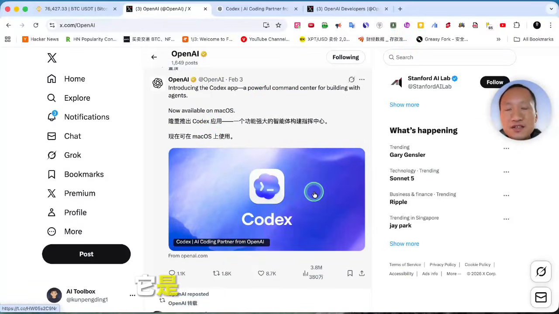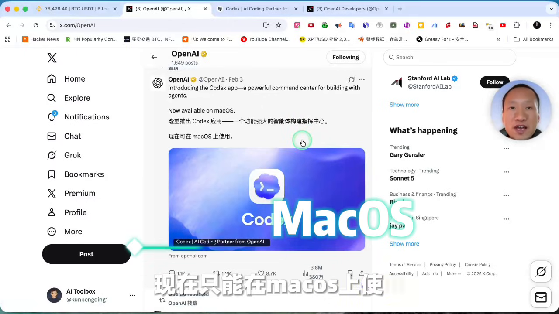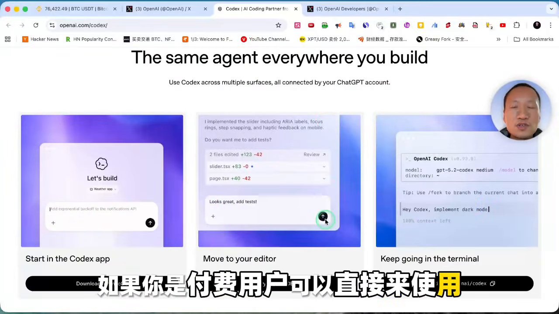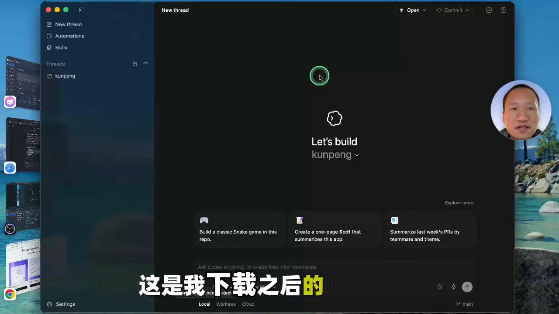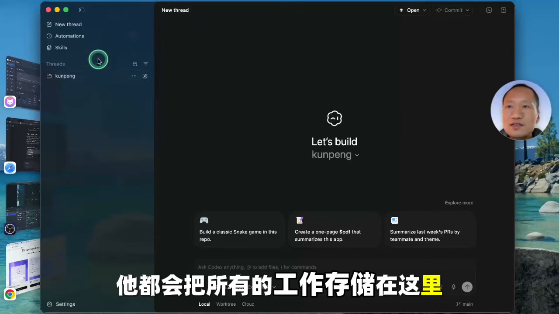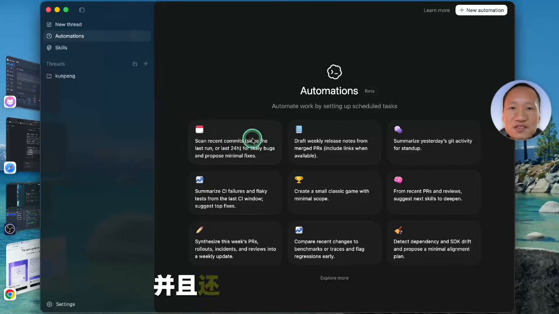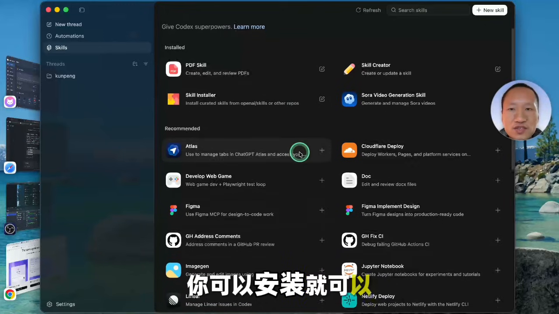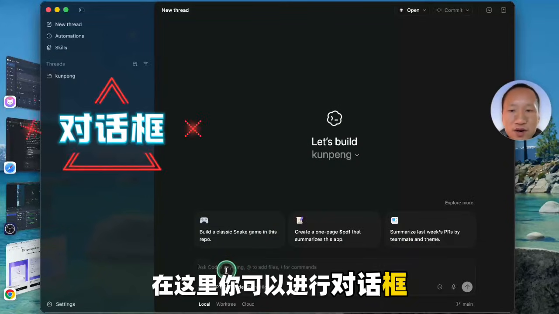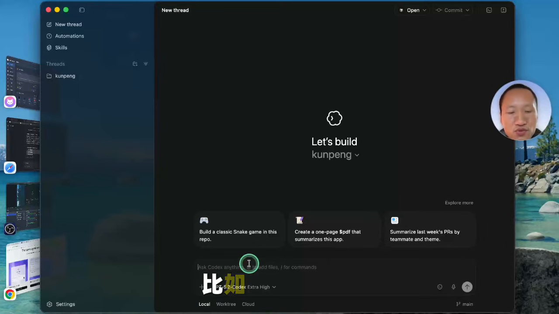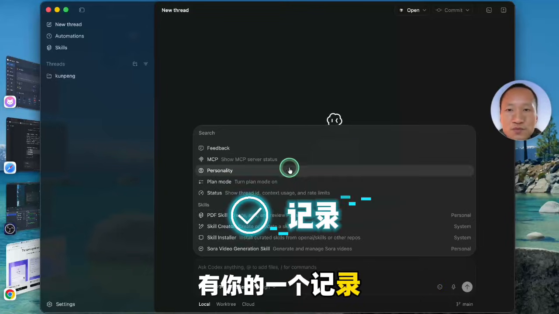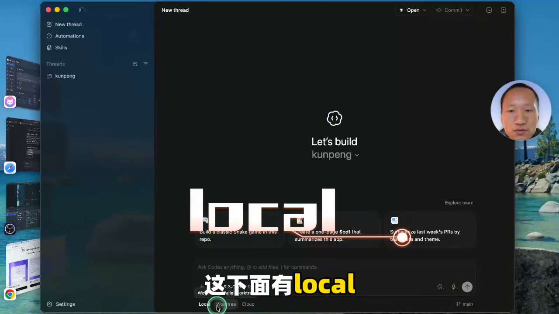OpenAI 推出了 Codex APP，它是一个功能强大的智能体指挥中心，现在只能在 macOS 上使用。这是它的官方下载链接，你在这里下载，随后就可以体验它的功能。如果你是付费用户，可以直接来使用，像 Plus、Pro 都可以。我自己是一个苹果电脑，这是我下载之后的一个界面。我们看一下左边栏，这里是你一个项目，在这里它都会把所有的工作存储在这里。这是自动化，你可以使用 Codex 来实现自动化，并且还给了我们一些例子。它也有 skills，你可以安装就可以。常见的 skills 这里都展示出来了，你可以根据这些来进行使用。在这里你可以进行对话框，你可以添加一些文件或者斜杠，比如说你斜杠，它这里就会出现很多的内容功能，叫你选择，有你的一个记录，也有 MCP 来供我们使用。这下面有 local 本地的，有 worktree，